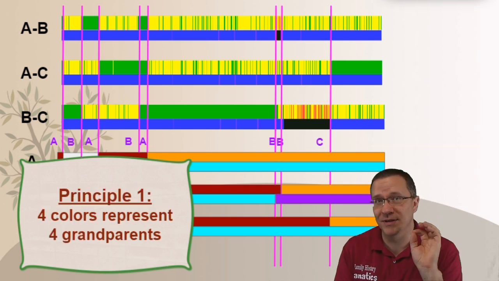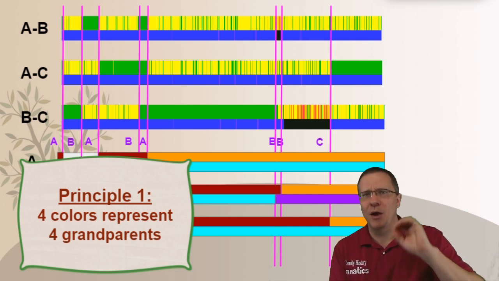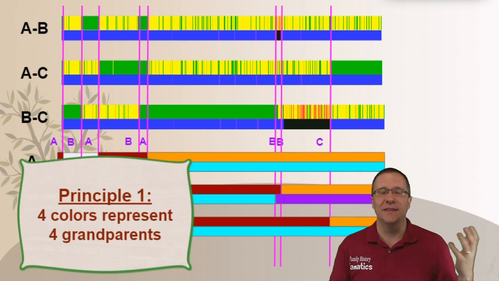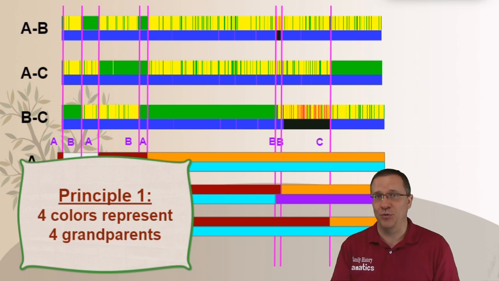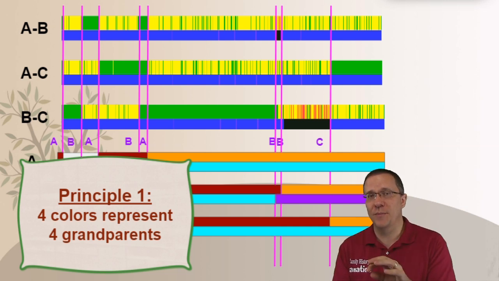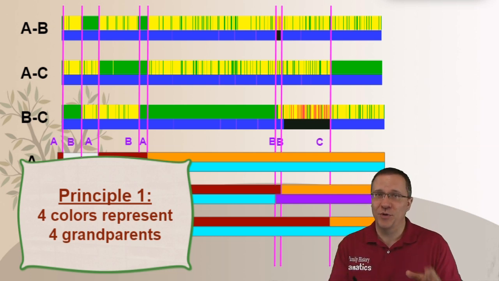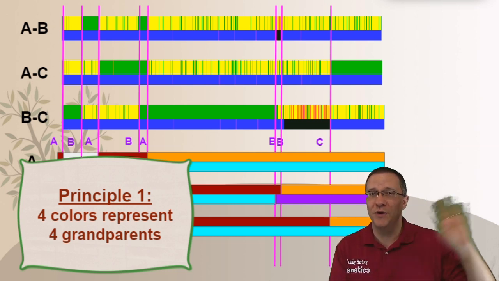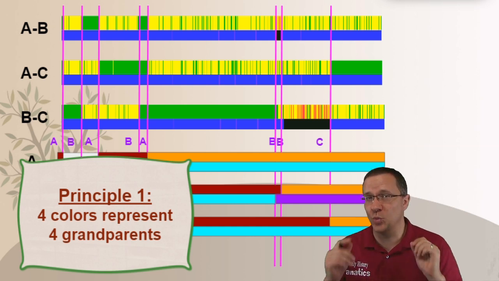The first principle of assignment is to remember that the four colors represent four grandparents. Now, I want to bring in one of the principles I talked about in the first video, and that is that each chromosome is separate. So one thing not to be confused is that the four colors representing the four grandparents in this chromosome don't necessarily correlate to the next chromosome that you do. So each chromosome is separate, these four colors represent four grandparents, but between chromosomes, those grandparents that are assigned to those colors, they may change. In fact, they will change. But right now, we're just worried about this one chromosome.